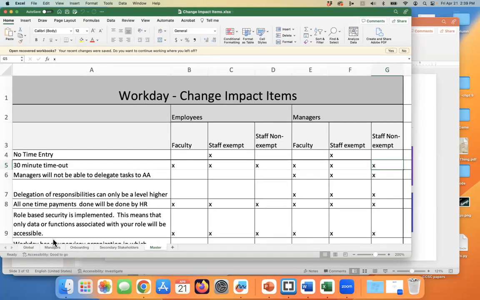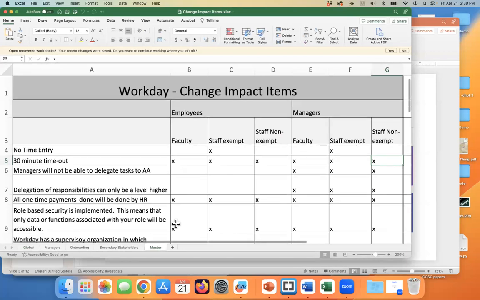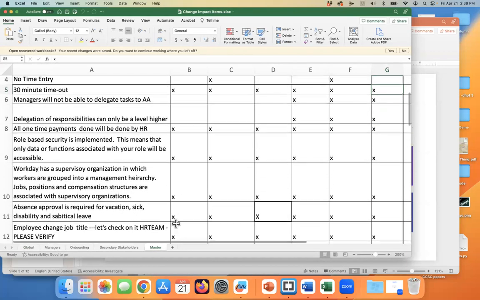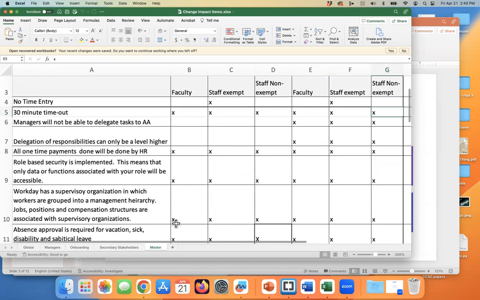And then we looked at each of these items that I had been identifying, and we identified who would be impacted by each of these items. This allowed us then to tailor communication to these groups. One thing about change management is it's all about communicating. It's preparing people for the change, because people go through all these different sets of emotions through the change,